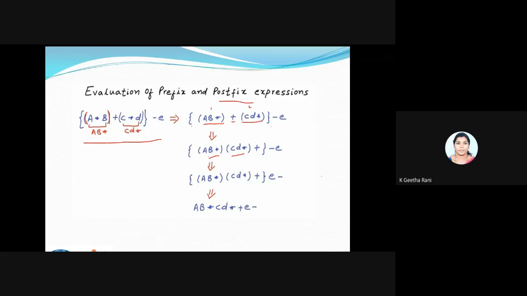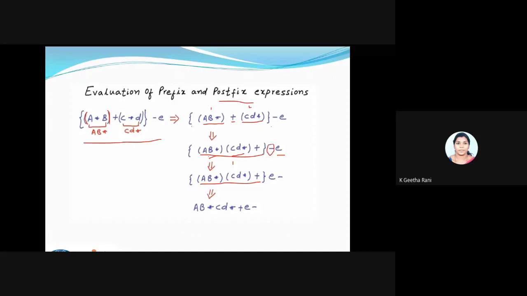Fine. So now what happens? The whole thing will be the first operand. Am I correct? Yeah. I'll take this, not this. The whole thing will be the first operand, and E will be the second operand. Then comes my operator minus.